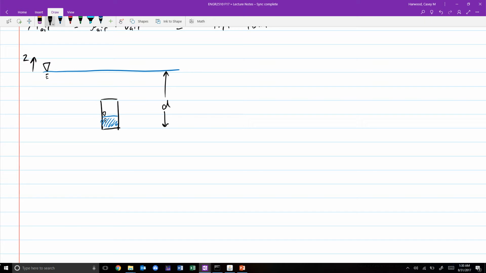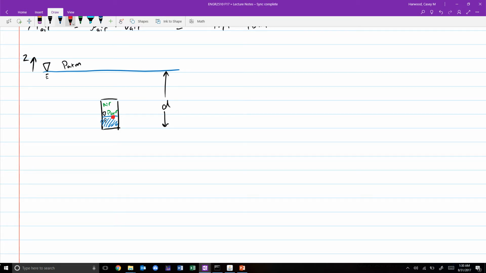At the ocean surface, at sea level, we've been told that the pressure is atmospheric pressure, and inside of this tank we have air, which is at some unknown pressure. So at this point right here, at this interface between the water and the air inside of the tank, we can go ahead and write